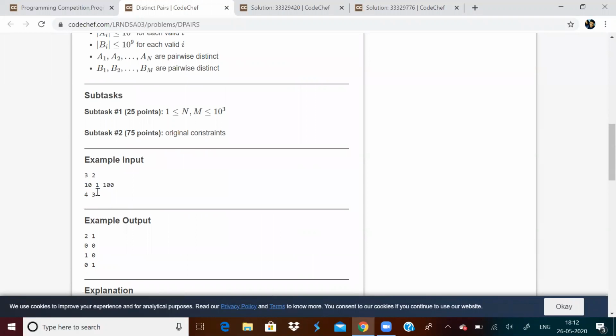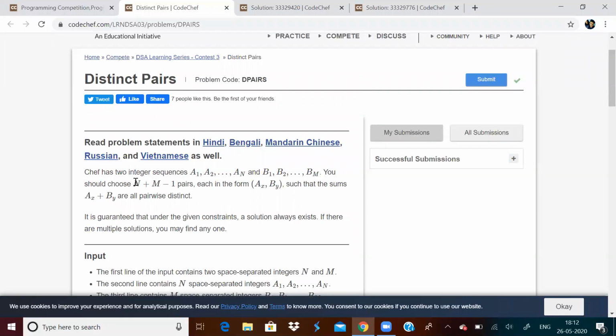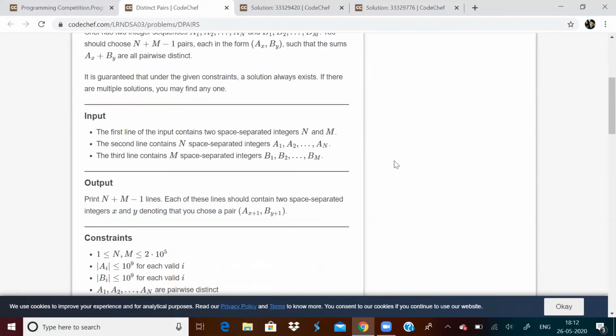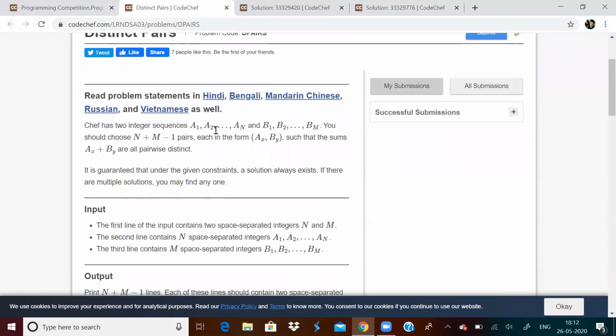We have been given two arrays and we have to find N plus M minus 1 pairs (Ax, By). Here x and y are indices of the array elements, and Ax plus By should be pairwise distinct. So we need to find unique values of the sums of the pairs.